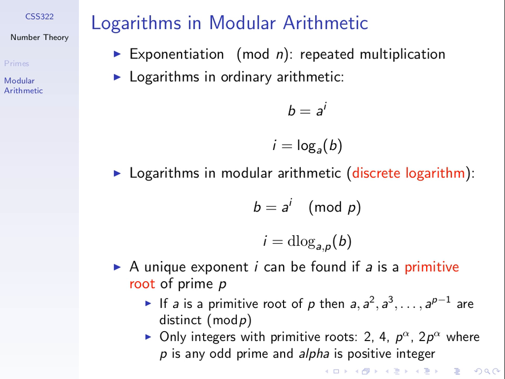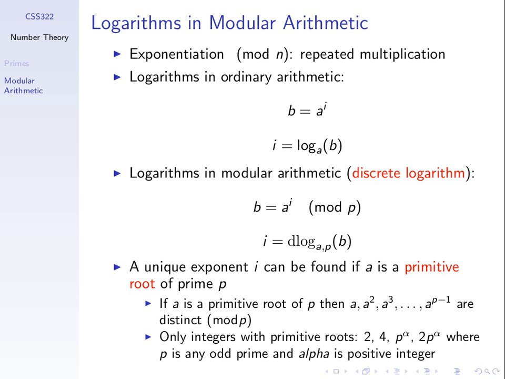With exponentiation, where we raise something to a power, we can solve that using our normal arithmetic, but mod n. But with logarithms, which are the inverse operation, because exponentiation is really just repeated multiplications,